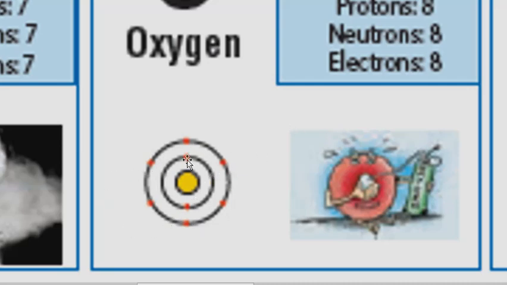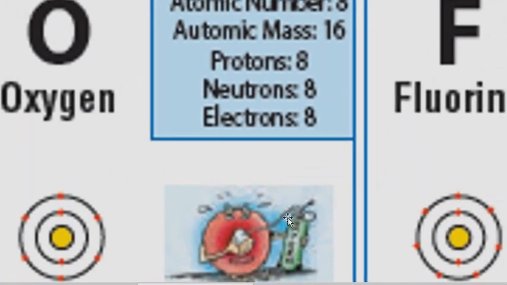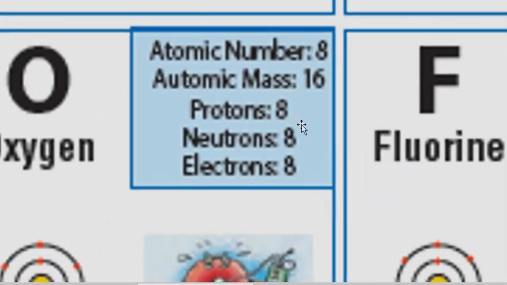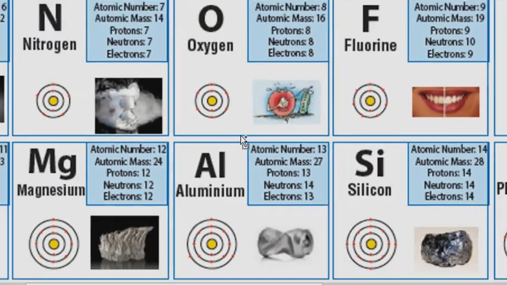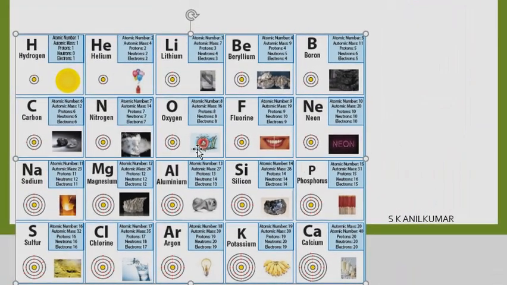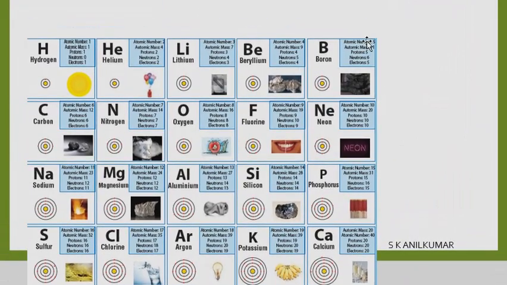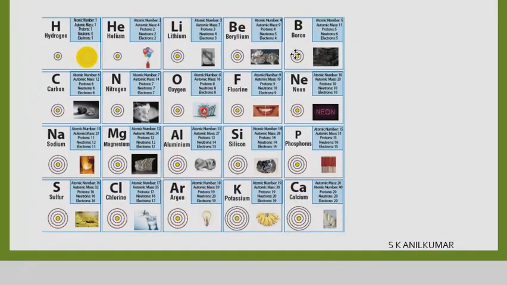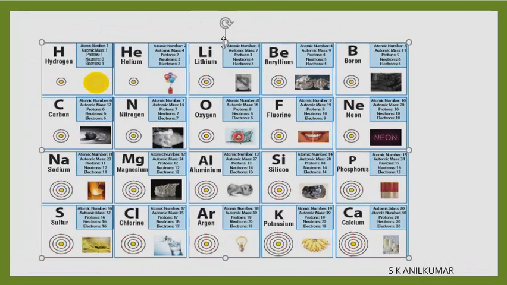This is a representation of the electrons and the proton plus neutron nucleus, right? This is the symbol. And then 8 protons, 8 neutrons, 8 electrons. So atomic number and mass number are 8 and 16. So this is how we write in the periodic table, or what do we call the representation of the periodic table, the mass number and the